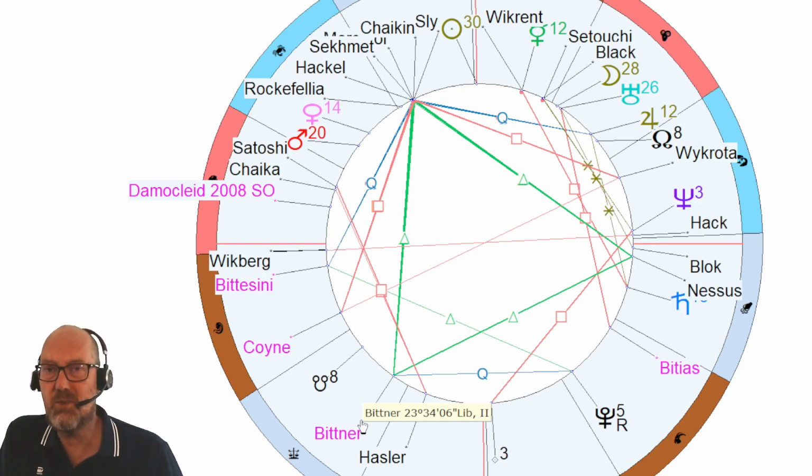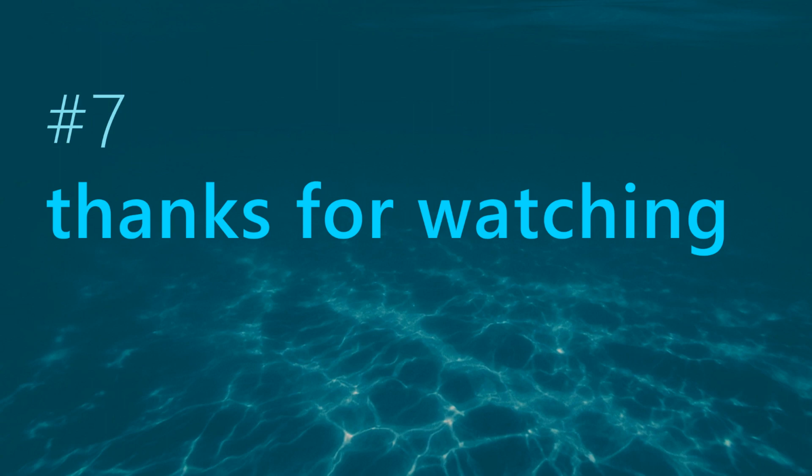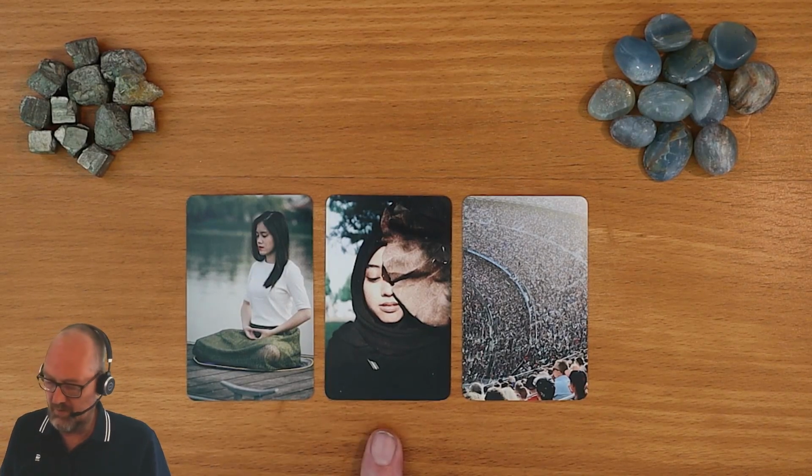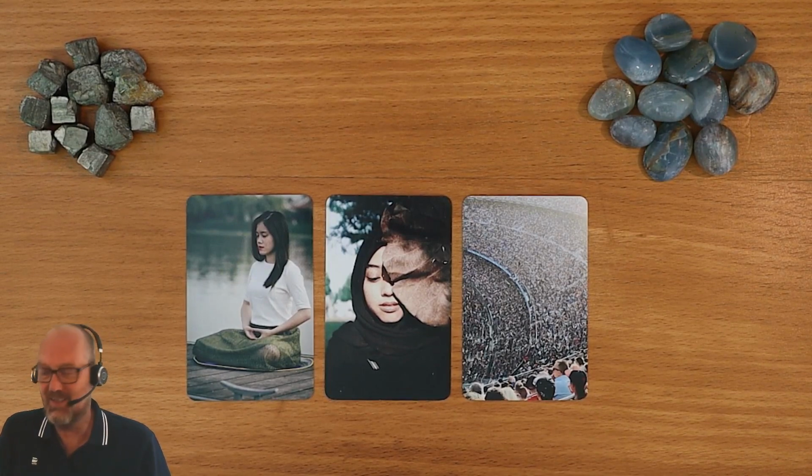I think it's an interesting chart, and it shows how the astrology of this news is not so much about facts, but really about the stories that people are making up. Okay, that's enough for today. Enough charts, enough Bitcoin. Once again, here the storyline of Bitcoin. Personally, I hope that this will work out the way that the cards are predicting it here.